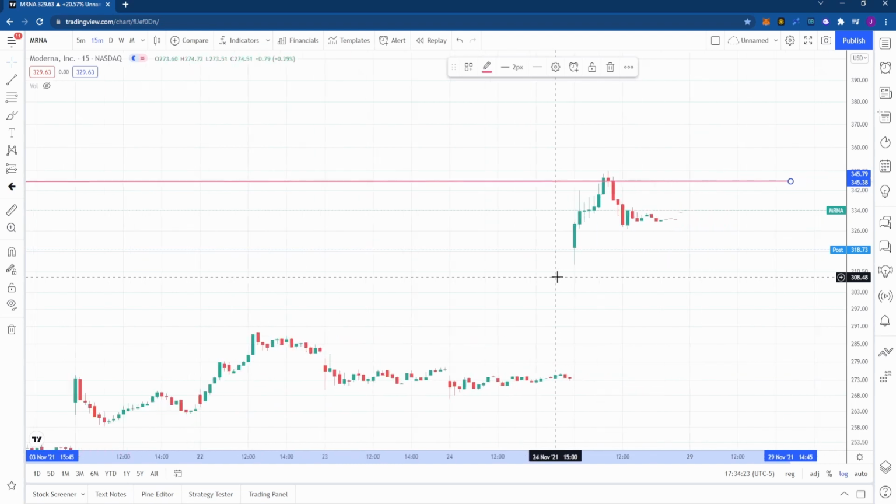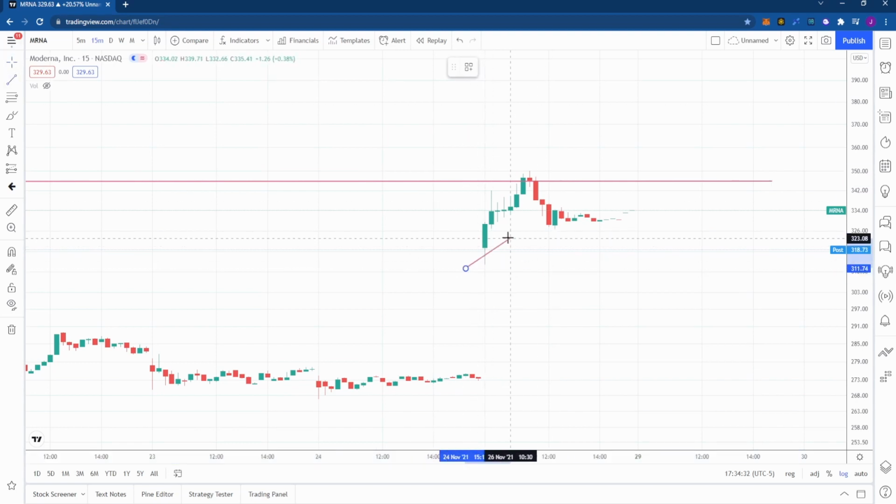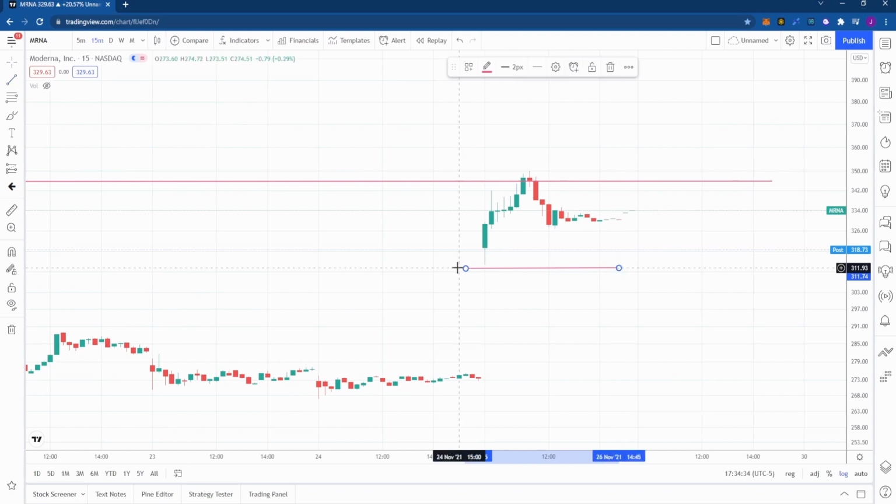So this could have been a buy at the open. What I always recommend is buy after the 15 minutes, right? We had a breakup candle with a lower wick. That's a bullish candle, and this could have been your out. That would have been a lot of risk here. However,